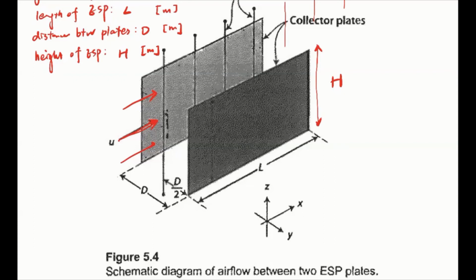Okay, so if we think about the movement of the particles in this ESP, you can think that basically these corona discharges generate ions, right? If we put it under a negative high voltage, it's going to generate a lot of electrons. These electrons can get attached onto the oxygen or nitrogen molecules, forming oxygen and nitrogen negative ions, right? So these ions can collide with the particles. There are particles in here,